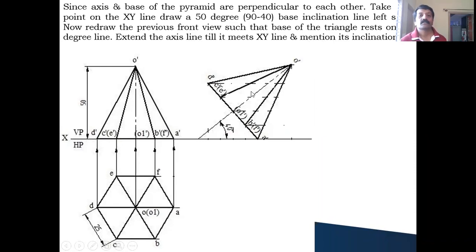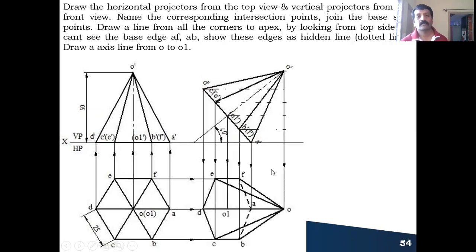Now after this, you extend this axis till it cuts the XY line and write the axis inclination, because the axis inclination we have to represent. So this completes your front view. So what you have done, you have redrawn the entire front view such that the base of this front view should come on this 50-degree line, the base inclination whatever I have taken. Okay, after this you draw the top view by drawing vertical projectors from all the points like this, one by one,